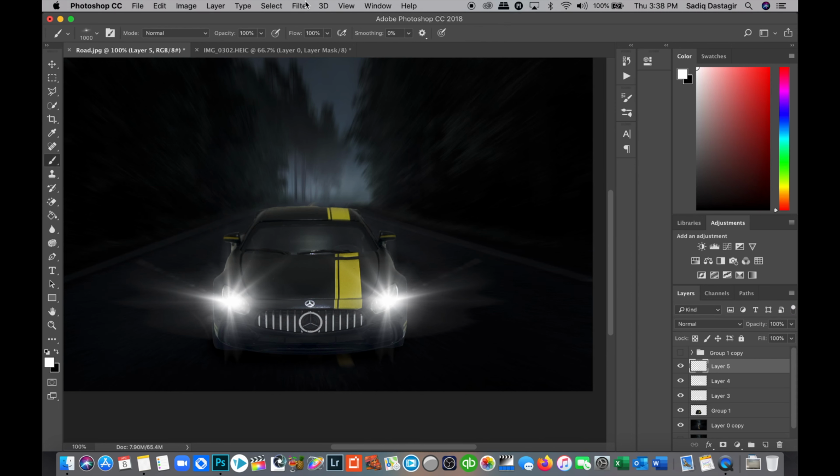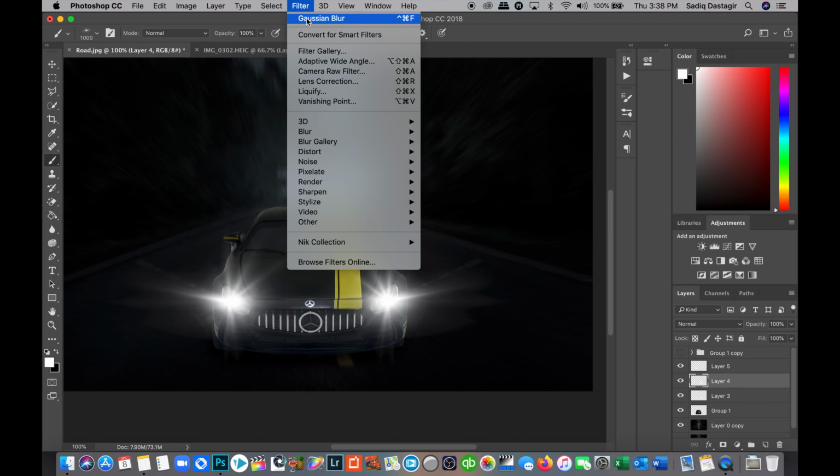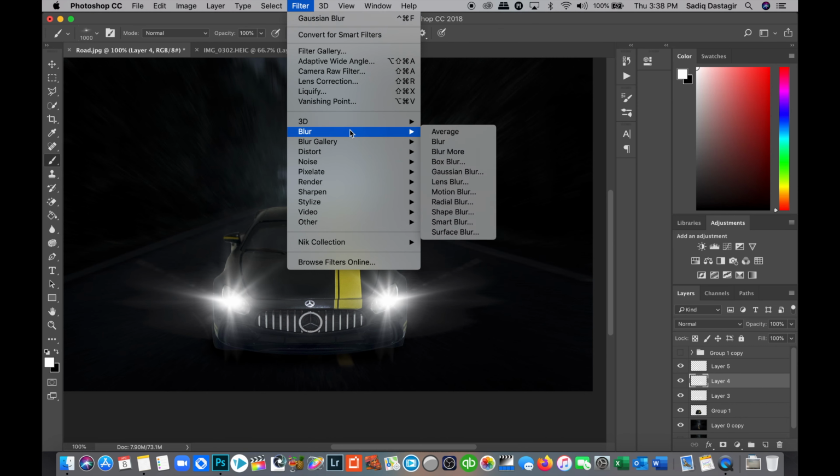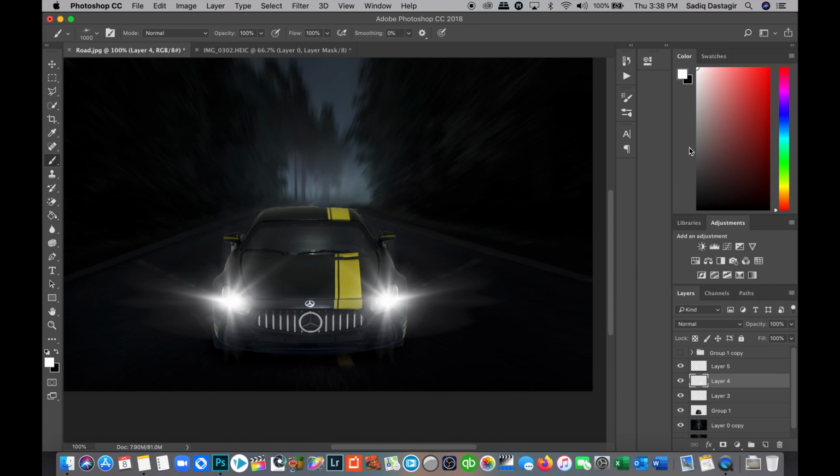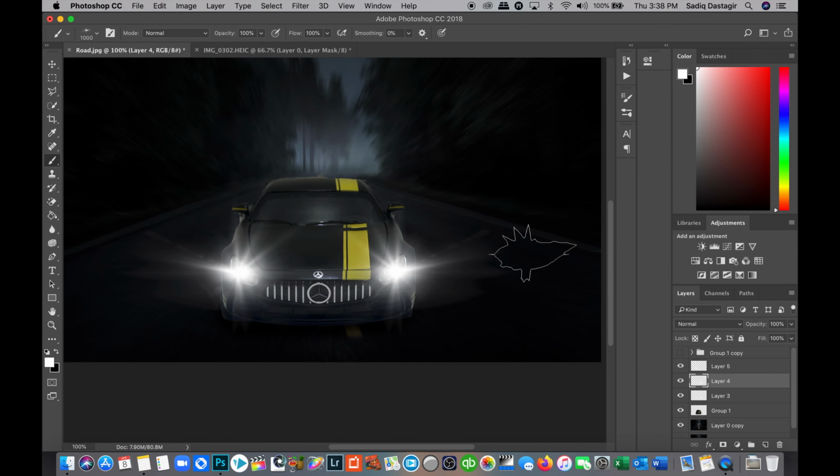Again, the same process, we'll use the filter, Gaussian filter. To the below layer also, we'll go to filter. Since the last selected, we'll use that, or you can again go back to the blur and say Gaussian blur, and then the radius 2.2, you can do that. Now, fantastic. This is looking good. The car lights have come alive.